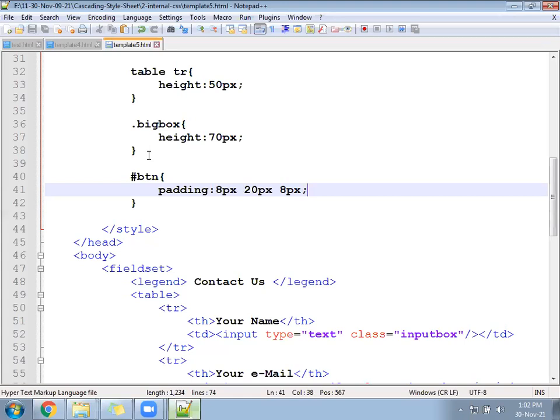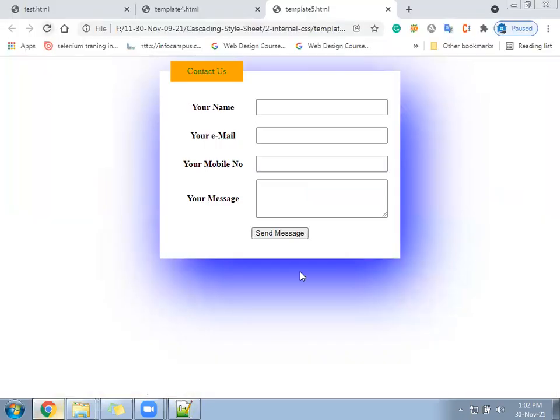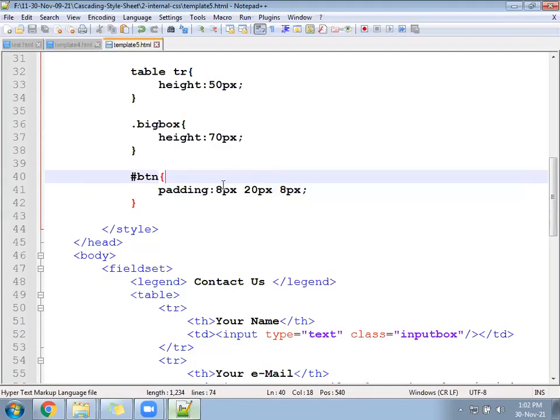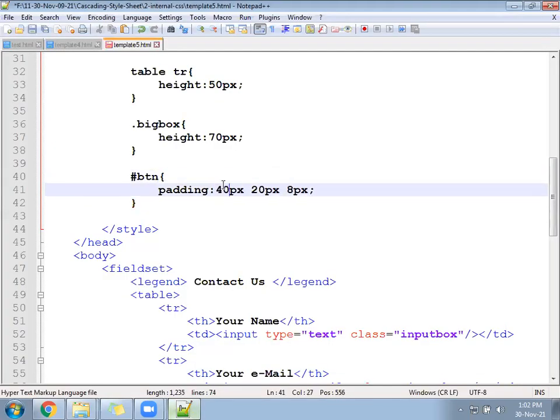What is happening? Your button becomes a little wide and taller, or not? The button should be a little wide with a little more height. Something like this. Now in this, keep the first number 40 and see where it is reflecting.